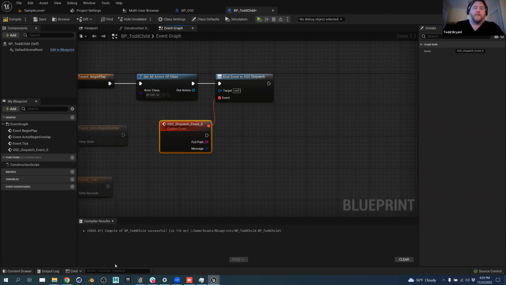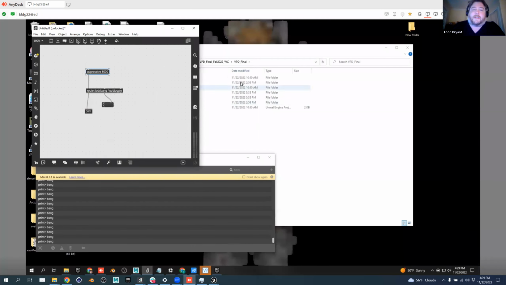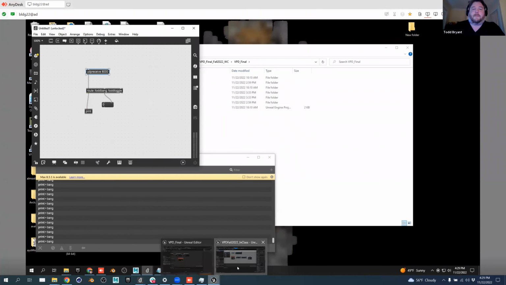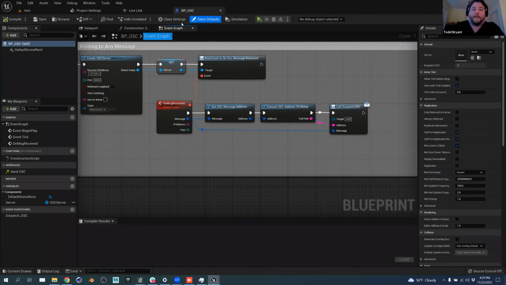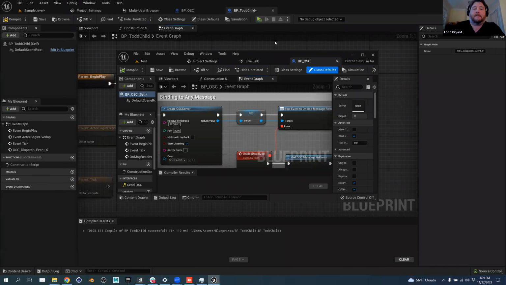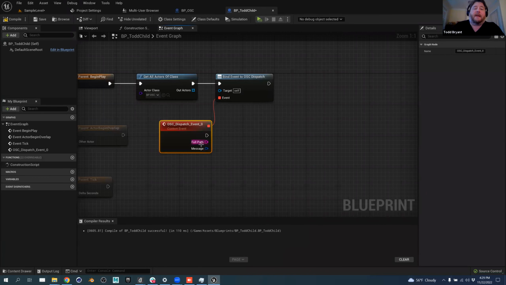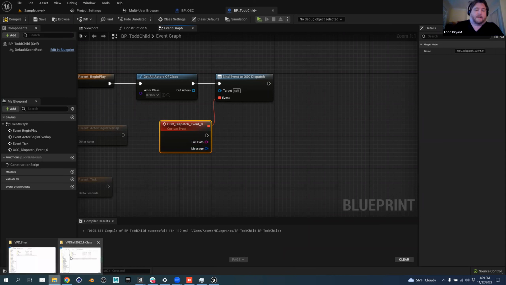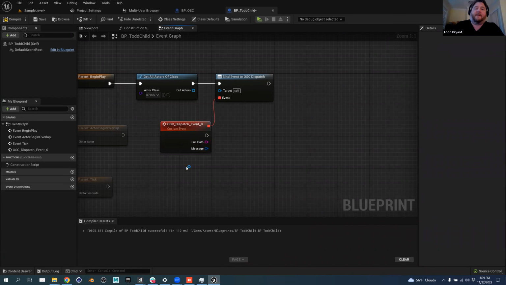It's the same way in Max as we were doing routing. We want to only send data on this one if it equals Todd bang, and on this one if it says Todd toggle. I did this in the wrong project. I have too many things open. This is the other project. Anyway, so we want to first of all filter